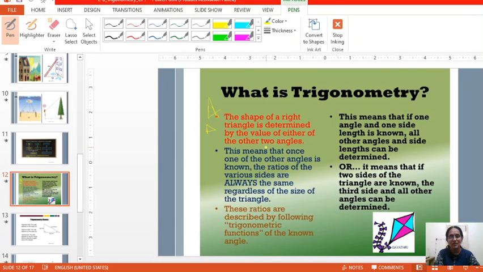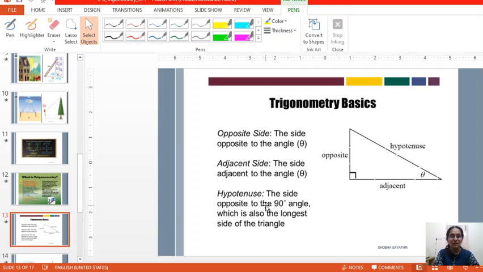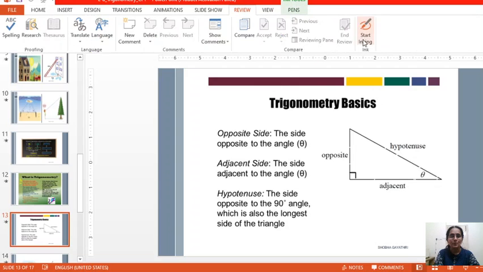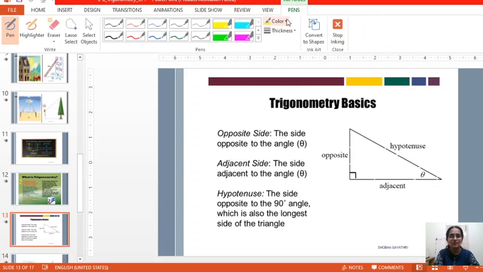So trigonometric ratios do not depend upon the sides of the triangle. It depends upon the measure of the angle. So to study trigonometry, you should know the basics first. Here, the basic words that we are using in trigonometry are